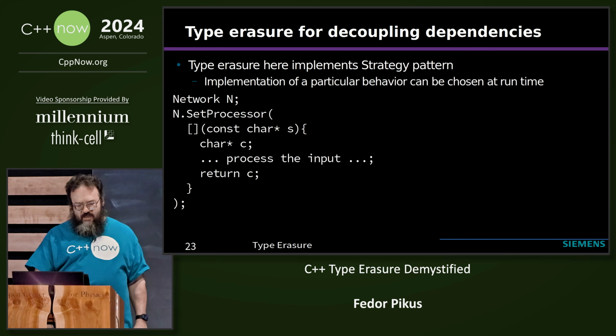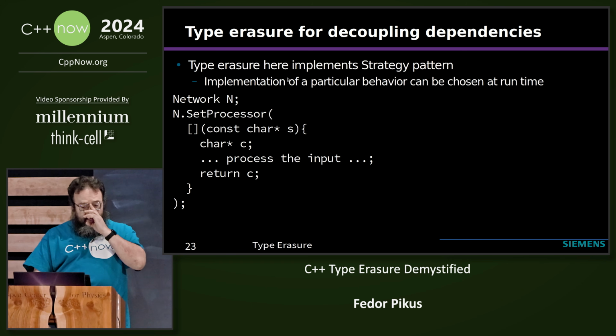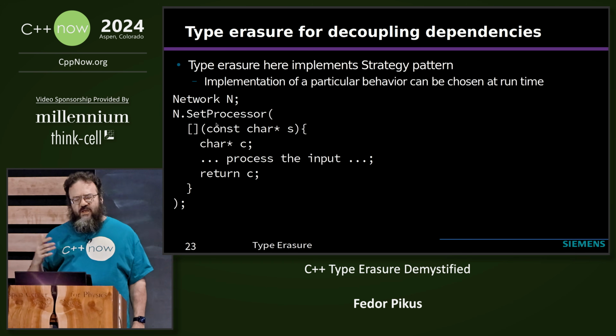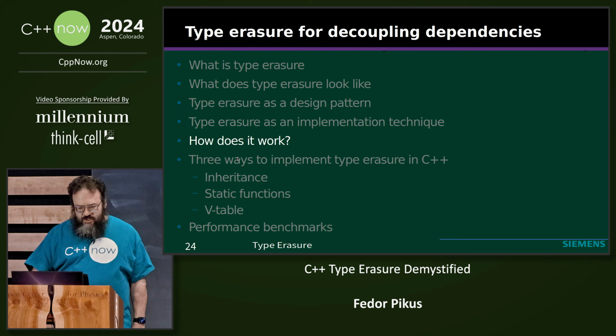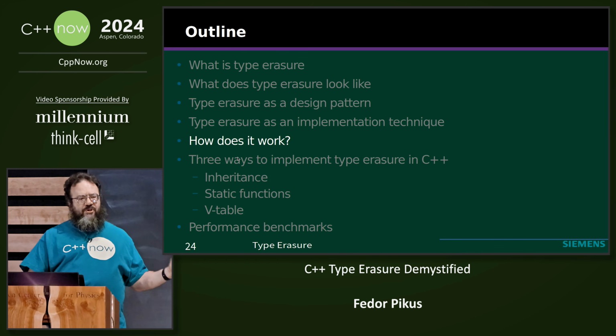If you look at it from the design pattern point of view, it's actually a strategy pattern. The strategy pattern is where an implementation of a particular behavior can be chosen at runtime, and here it is. I have my network, and I'm saying that for now the processor is going to be this. So this is type erasure as a design pattern, as an abstraction, or as a purely implementational aid to decouple